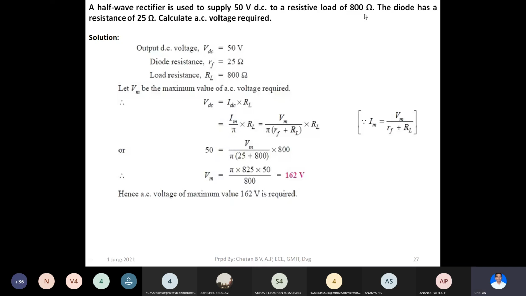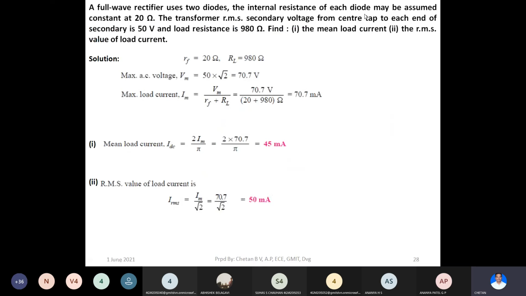Next, we shall move on to one more problem. This is on full wave rectifier. A full wave rectifier uses two diodes. The internal resistance of each diode may be assumed at constant 20 ohm. The transformer RMS secondary voltage from center tap to each end of secondary is 50 volt, and the load resistance is 980 ohm. First thing is to find out the mean load current,